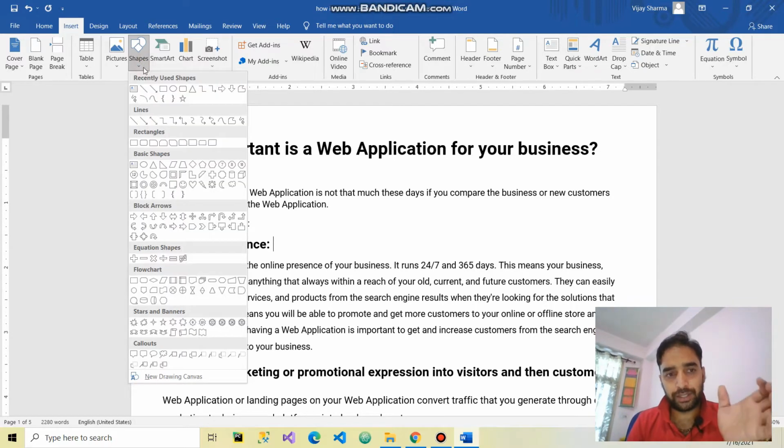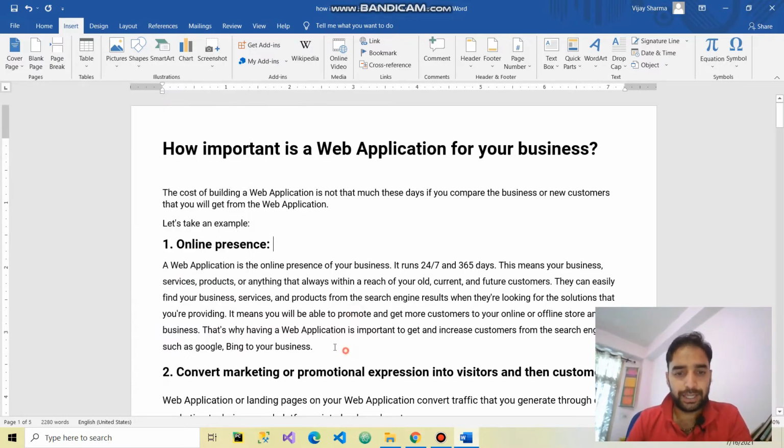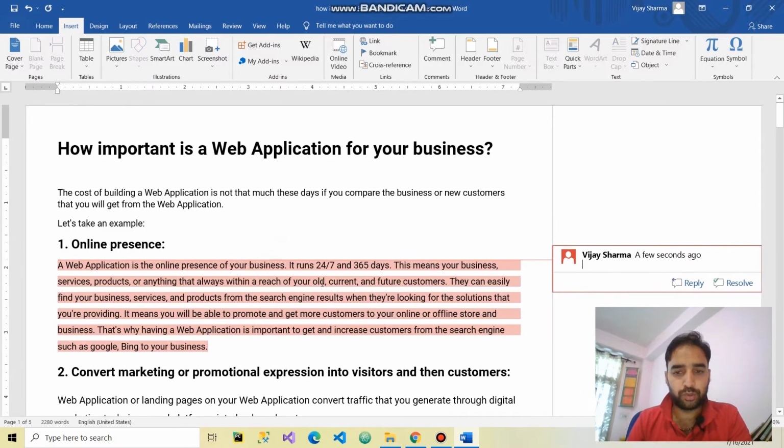So click here on this arrow and you will see lots of shapes: block arrows, basic shapes, lines, and you can use them in your document, in educational works, in your assignment, professional works, to make it a little easier for a student or a reader to take advantage of the shape to understand the topic that is written in, for example, this article. So for example,